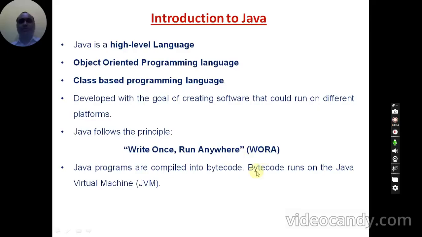This bytecode is taken as input by the JVM, the Java Virtual Machine, which converts it into machine language code suitable for a particular hardware. We will discuss the JVM, what bytecode is, its significance, and why the JVM is used for Java. So this is a little information about Java.